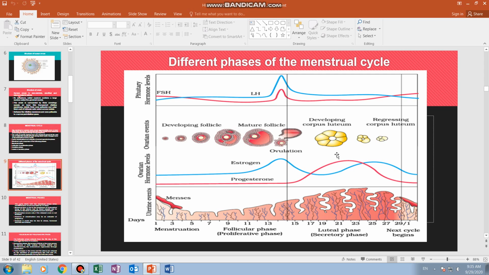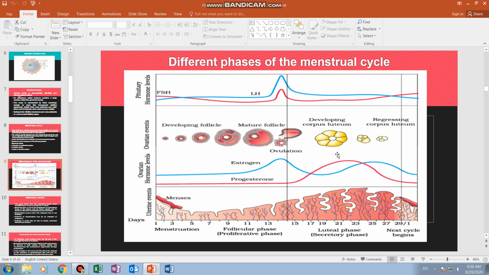During this phase, the Graafian follicle is converted into a transitory endocrine gland, which is called the corpus luteum. During this phase, the corpus luteum acts as an endocrine gland and secretes an enormous amount of progesterone. Progesterone helps to maintain the uterus and also the endometrium. So it prepares the uterus and the endometrial wall for the maintenance of pregnancy. The endometrial wall is also prepared for the implantation of the fertilized egg.